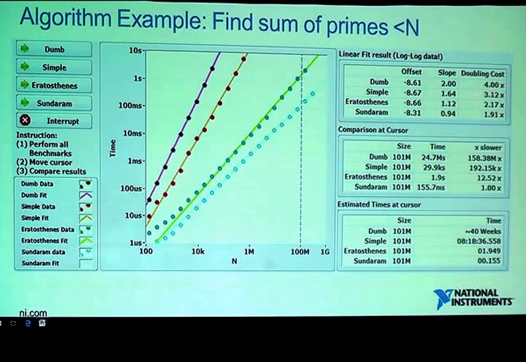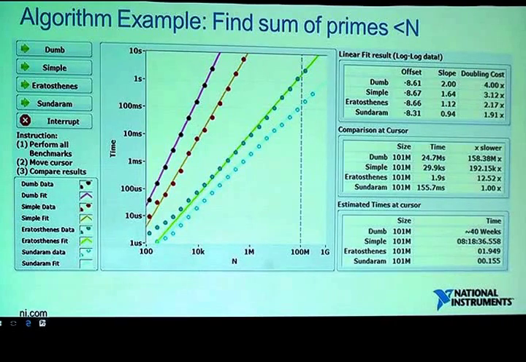That means the doubling cost: if you double the size, it's 4 times slower, right? The simple one is a little faster, because as soon as a division succeeds, we bail out, and many times that filter occurs very early on, so we don't go with the square. The Eratosthenes goes with 1.12, and that's very close to the value of n log n, which is the theoretical value. And the Sundaram is a slope of 1, because it's really linear the way it's implemented, and